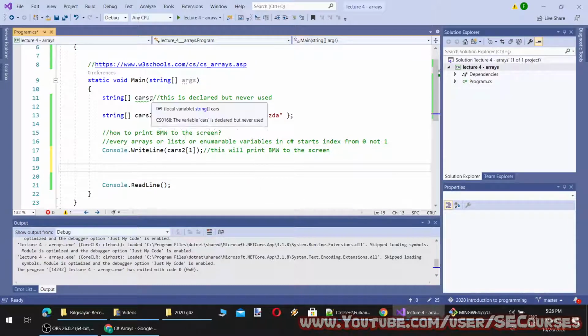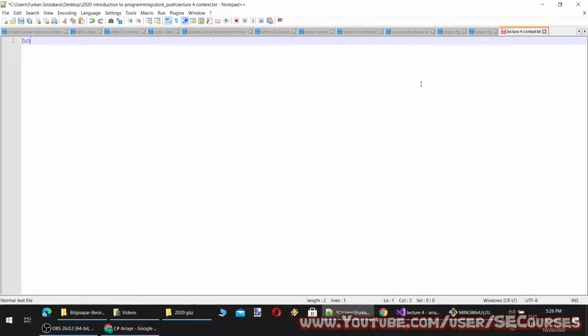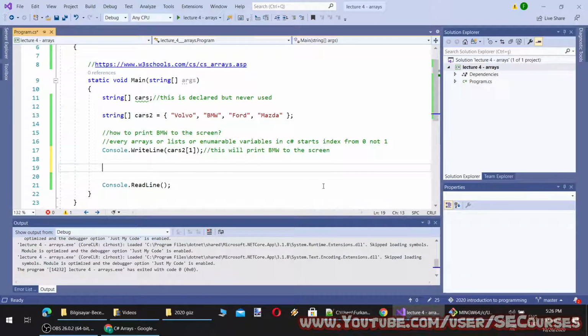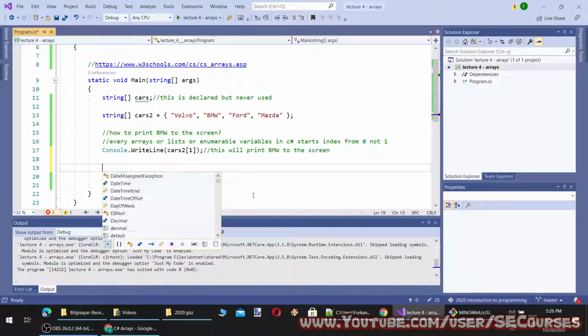So how do we define an array? We define an array like this. We can define any kind of object as an array. I will show that. Okay, this time I am going to define an integer array.